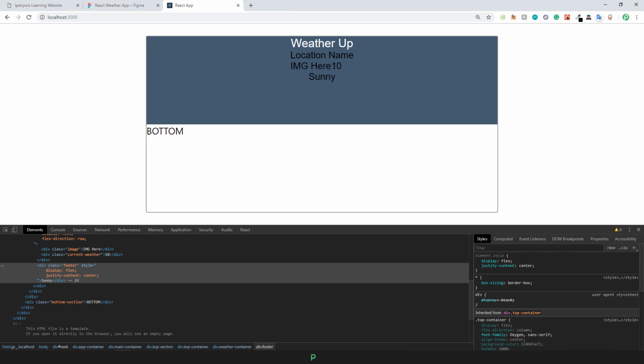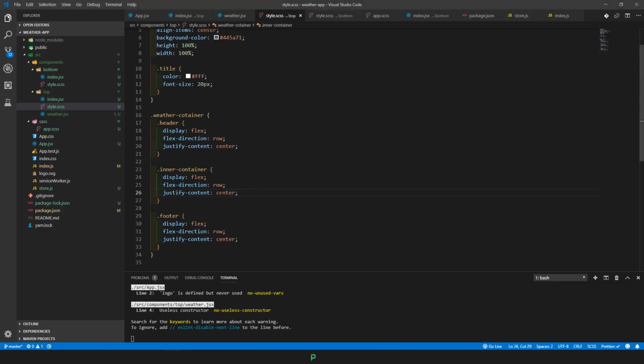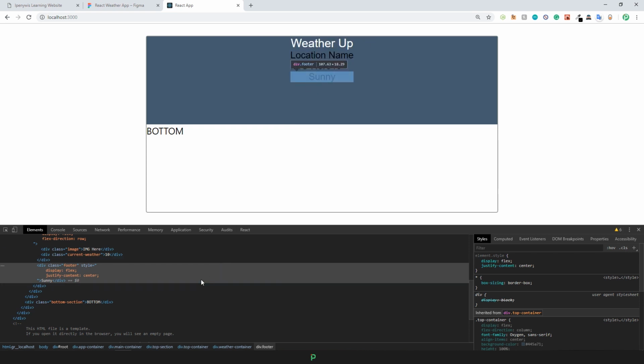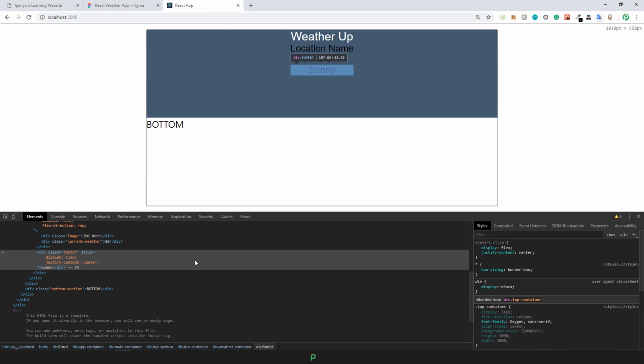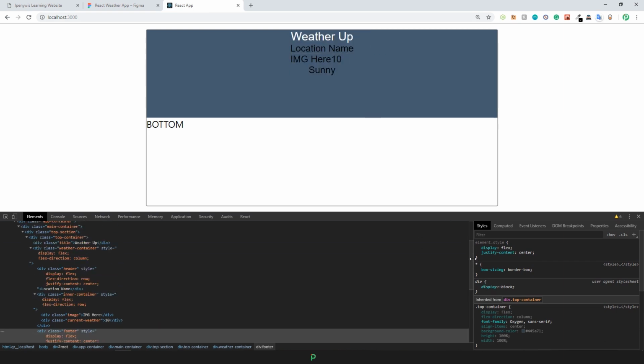Save that, and it should actually take the center perfectly without any problems. So yeah, hopefully now it works. So anyway, let's just jump into trying to add a little bit of better style to it, because it